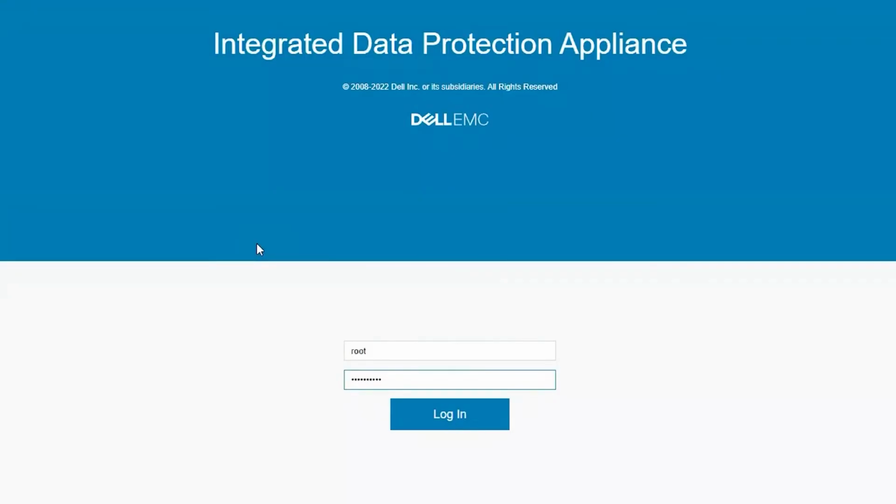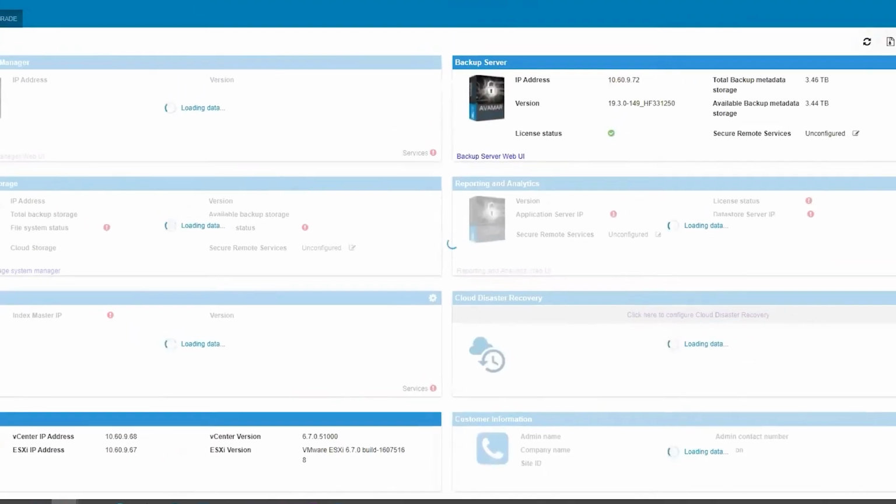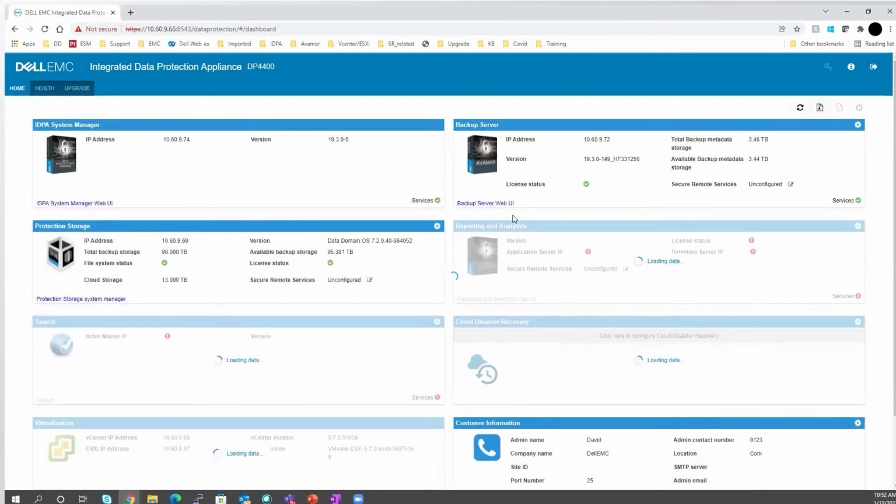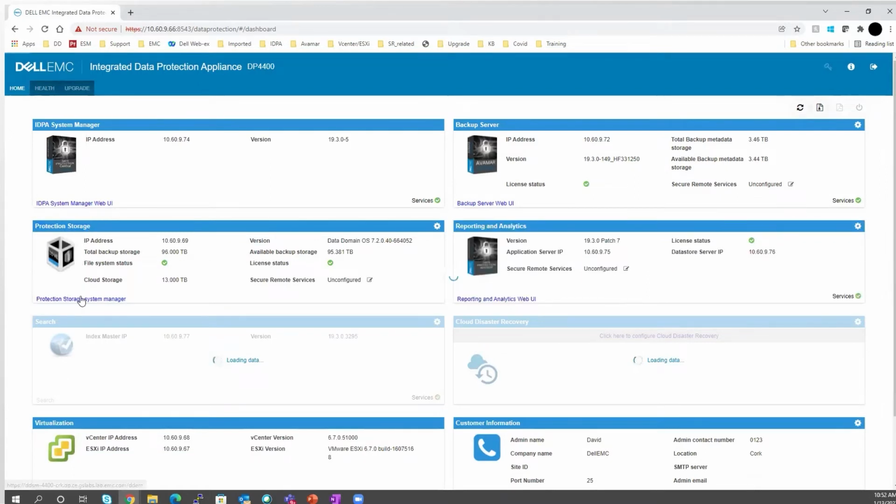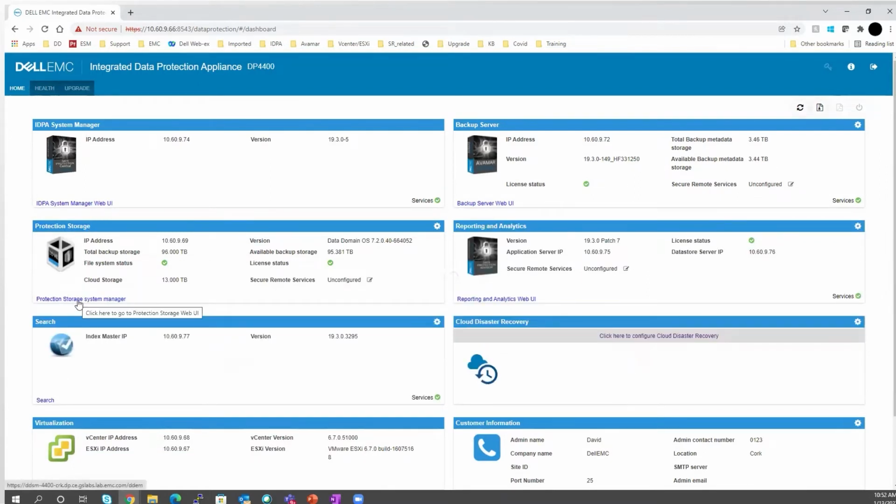One way to go to the Data Domain UI is to first log in to the IDPA appliance manager, that is the ACM, or directly log into the Data Domain itself using its IP or host name. Here I have logged into the ACM. You may see the protection storage component, and then you can log into the protection storage system manager from here.